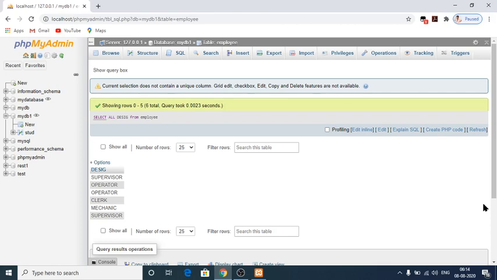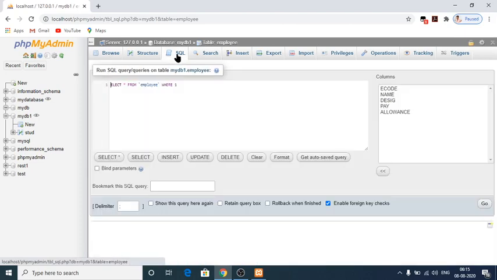Next one is between. I have used an in keyword. And an extra element I would like to insert into the table. I would like to insert a new column for the table.